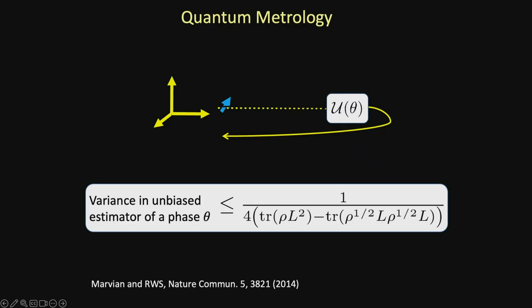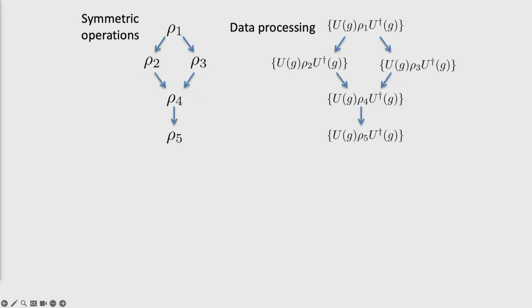And so that's the big picture here: if you're thinking about metrology and you care about how well you can do these metrologic tasks, you shouldn't be using entanglement theory. If you read the papers, people will often say, oh, entanglement must be the resource. Why? Because entanglement's always the resource. No, here, asymmetry is the resource you should care about. Any differences of states that just keep me in the same equivalence class are irrelevant. It's how much asymmetry it has. Where does it fall in the partial order of all states under the symmetric operations? That's what's pertinent to its performance. And so you should be using the resource theory of asymmetry to do metrology.